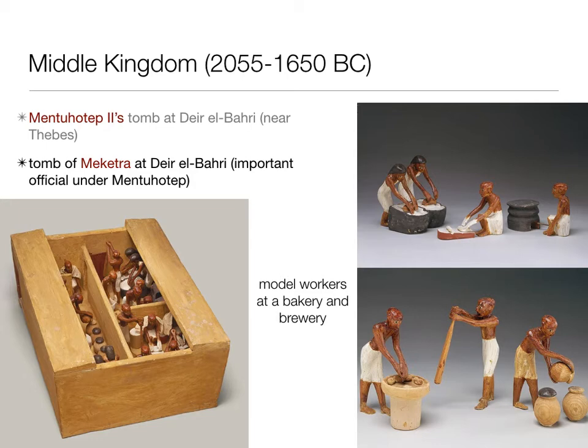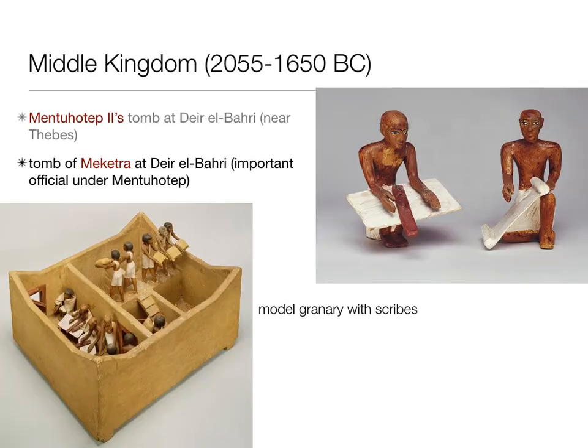So there's a bread oven and people kneading bread, and you can see women doing certain things and men doing certain things, and scribes writing things down, and a lot of kind of useful information. Scribes keeping track of stuff going in and out of the bakery and granary and so forth. So it gives us some cool clues about details about ancient life that are lost a lot of times in the archaeological record.